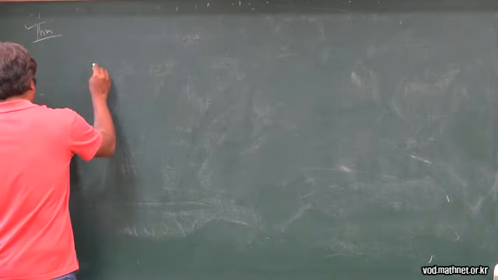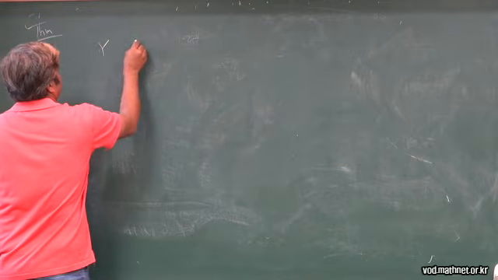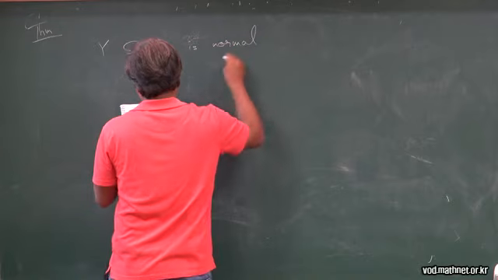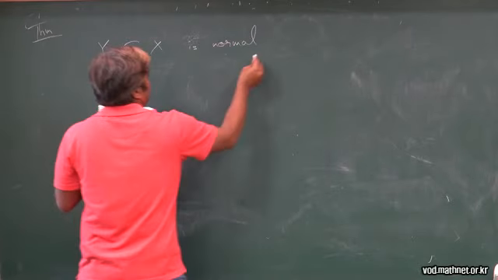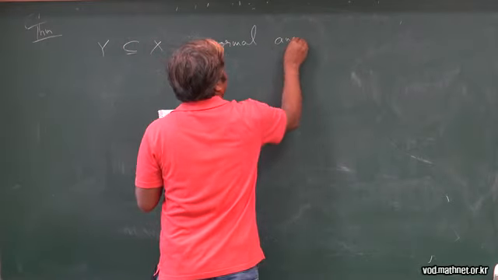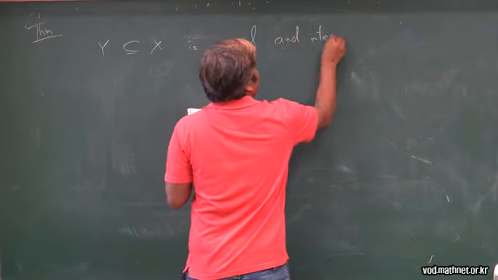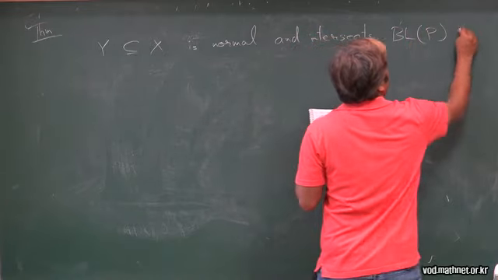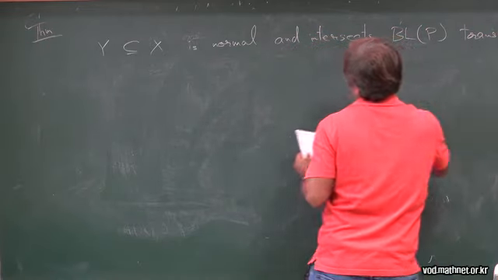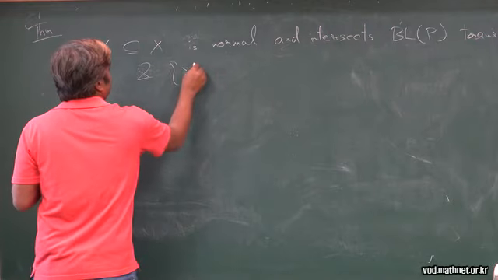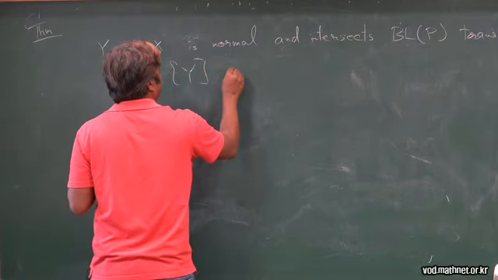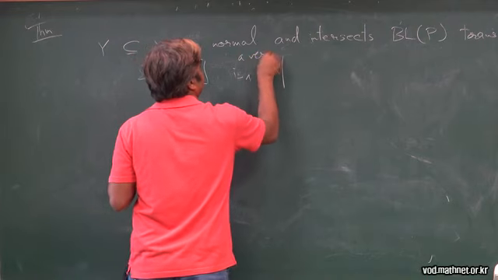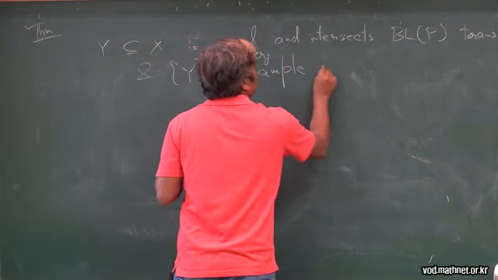So if Y contained in X is a normal hypersurface, normal and intersects the branch locus of P transversally, and the divisor corresponding to Y is an ample divisor, a very ample divisor on X,